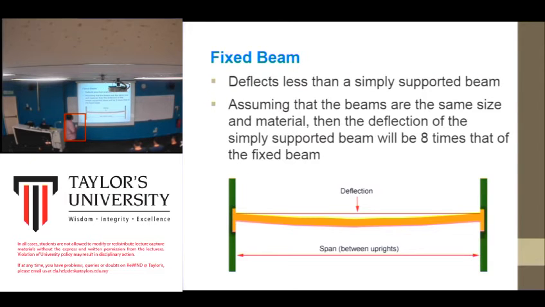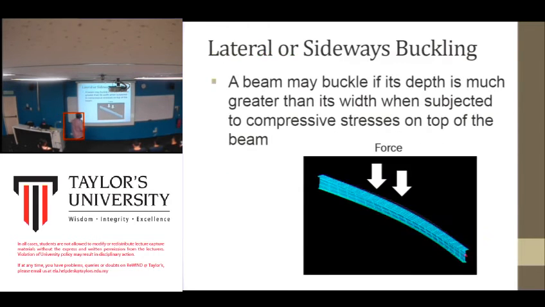And then for a fixed beam, the deflection is less compared to the simply supported beam, because it is fixed at these two areas, two sides. The deflection of a simply supported beam will be 8 times compared to the fixed beam. Okay,